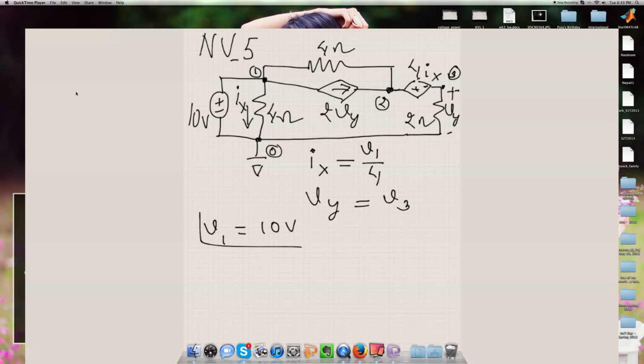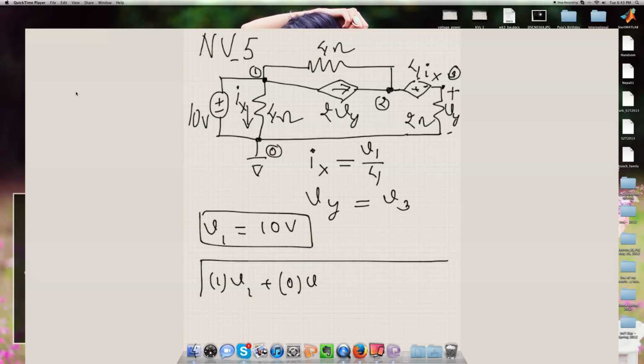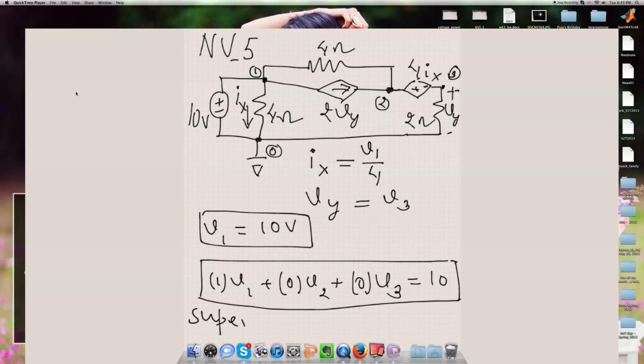Next, we also see at node 1, V sub 1 is 10 volt. Now, finding this, we're about ready to send this box to our matrix. Here it's got 1 of V sub 1, and none of V sub 2, and none of V sub 3, which will give us a total of 10. So this box is ready to go to our matrix. Next, if we consider this supernode Sn, as we write,